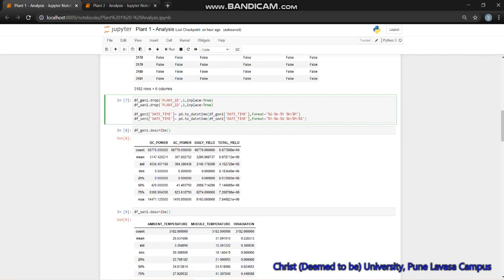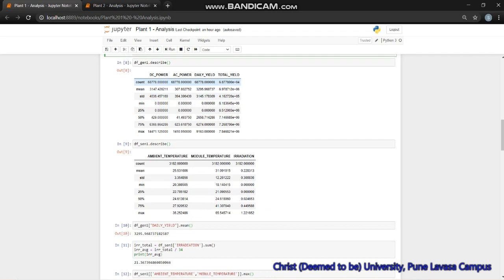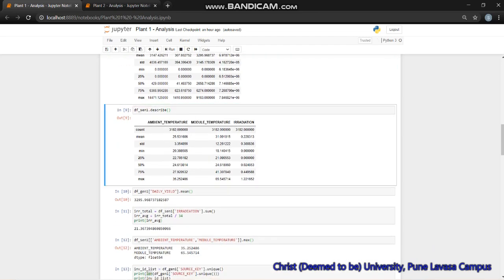After we've done that, we'll use the describe function to find out certain relationships between the numerical data that we have. This helps us find out the count, the mean, the standard deviation, and the minimum and maximum values, including the quartiles for both the datasets.